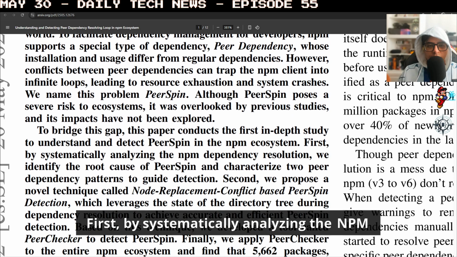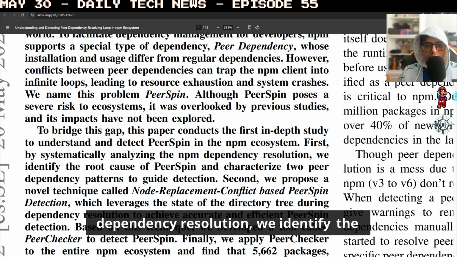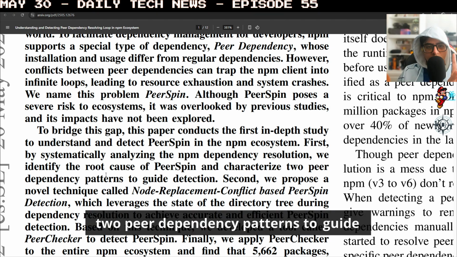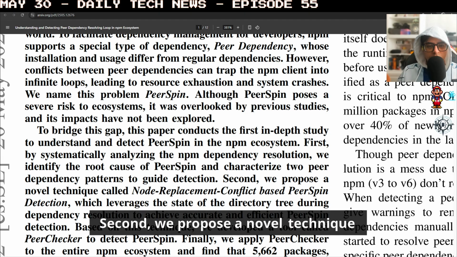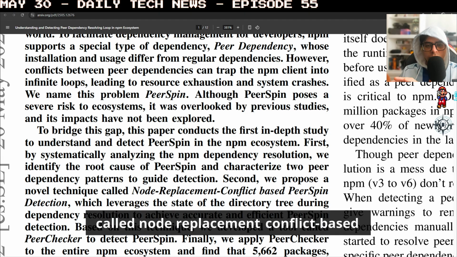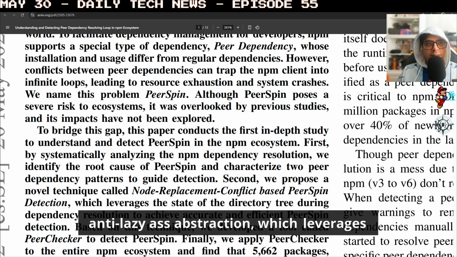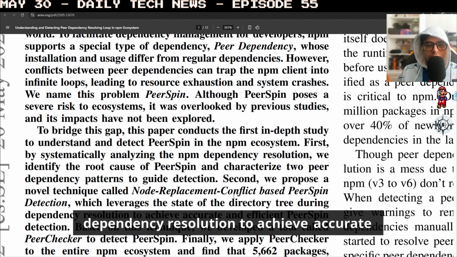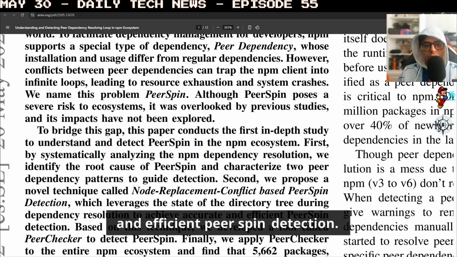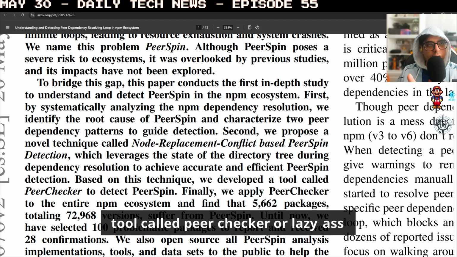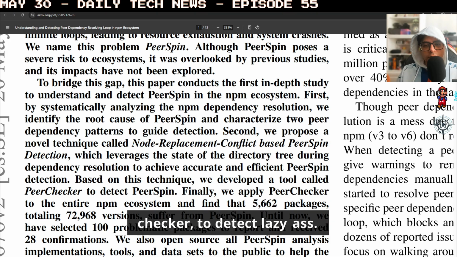the NPM ecosystem. First, by systematically analyzing the NPM dependency resolution, we identify the root cause of peer spin and characterized two peer dependency patterns to guide detection. Second, we propose a novel technique called node replacement conflict-based peer spin detection, or as I like to call it, anti-lazy ass abstraction, which leverages the state of the directory tree during dependency resolution to achieve accurate and efficient peer spin detection. Based on this technique, we developed a tool called Peer Checker, or Lazy Ass Checker, to detect lazy